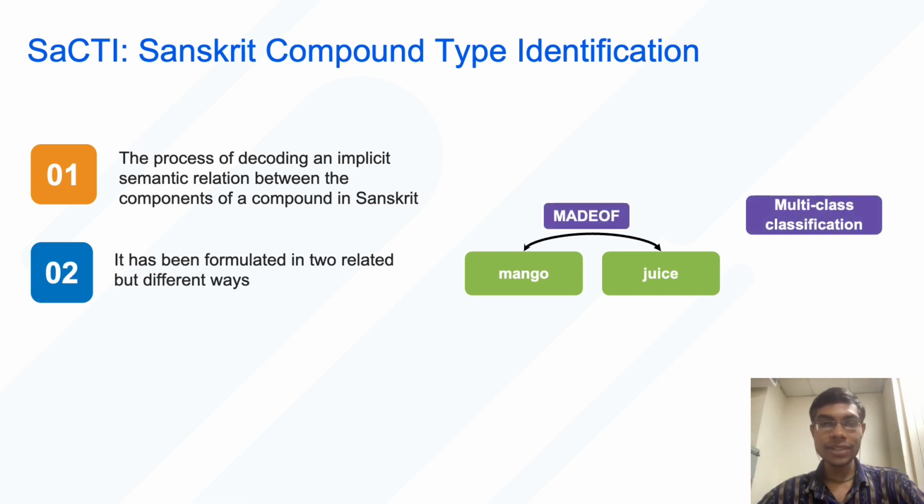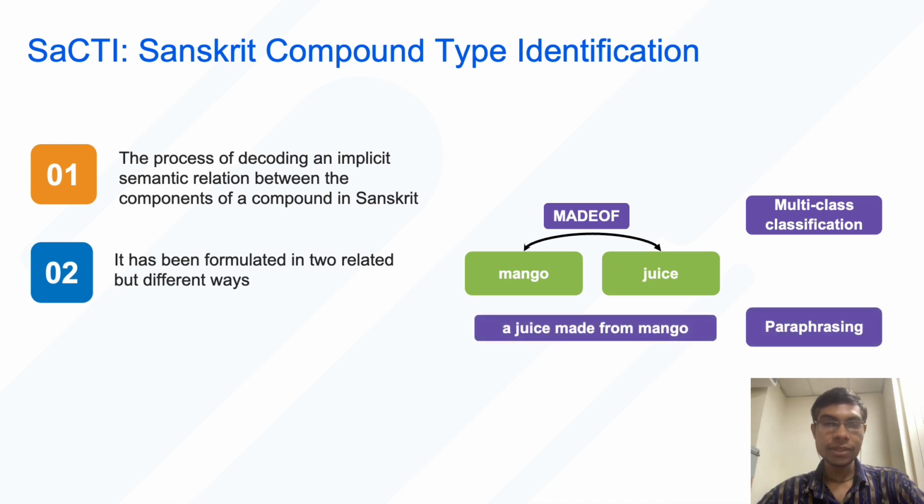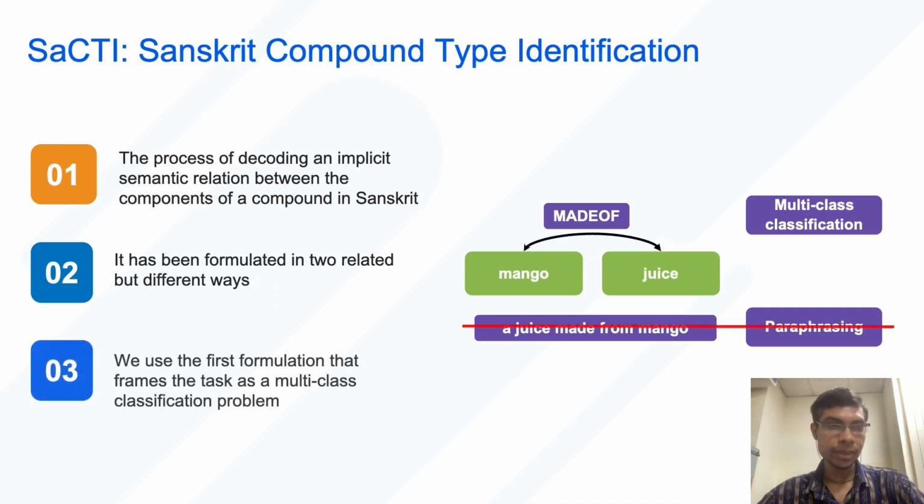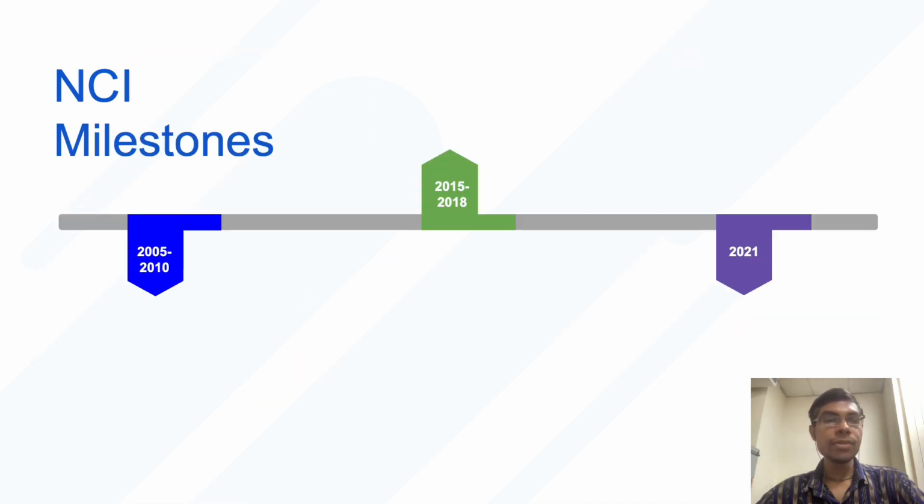The first one is the classification task. In this scenario the label is made of. The next one is paraphrasing, where the paraphrase is juice made from mango. In this work, we use the first formulation, which frames the task as a multi-class classification problem. Before moving forward, I would like to spend some time to explain the existing approaches for noun compound